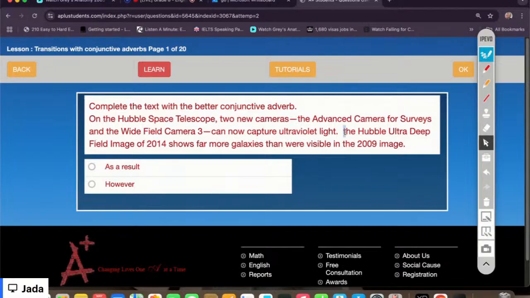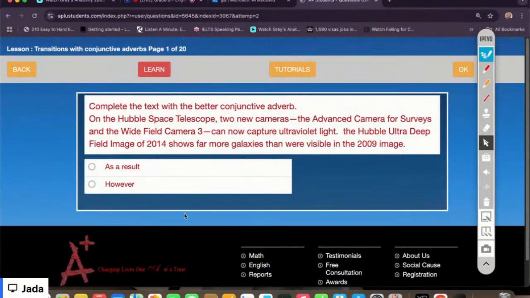So we have a space here. Dash, the Hubble Ultra Deep Field image of 2014 shows far more galaxies than were visible in the 2009 image. Okay, so as a result, or however,